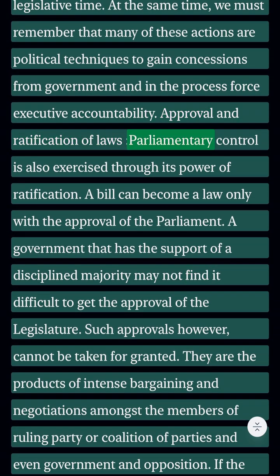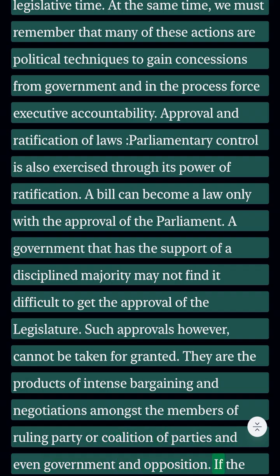Approval and ratification of laws. Parliamentary control is also exercised through its power of ratification. A bill can become a law only with the approval of the Parliament. A government that has the support of a disciplined majority may not find it difficult to get the approval of the legislature. Such approvals, however, cannot be taken for granted. They are the products of intense bargaining and negotiations amongst the members of ruling party or coalition of parties, and